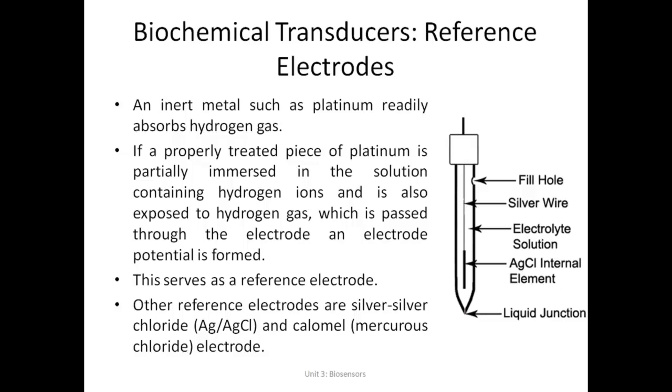So basically, the idea here is that we use some inert metal, maybe platinum, or even some other inert metal can be used here. A fine wire is made, and on one side that wire is dipped into a liquid or an electrolyte which has hydrogen. On the other side it is exposed to pure hydrogen gas.